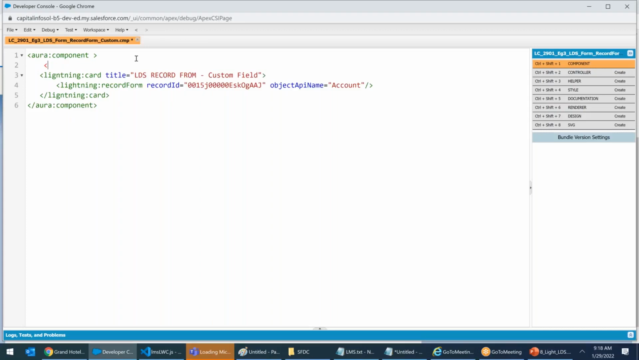Whichever fields you want, you have to declare an aura attribute. Aura attribute, name equals to my fields, type equals to